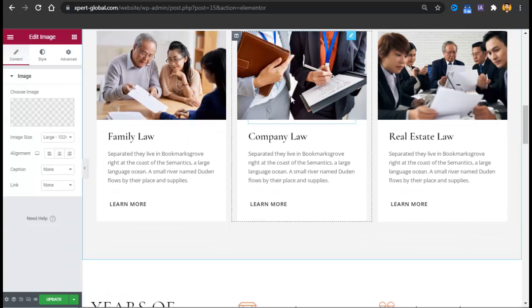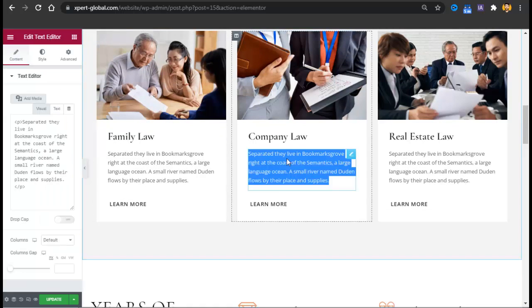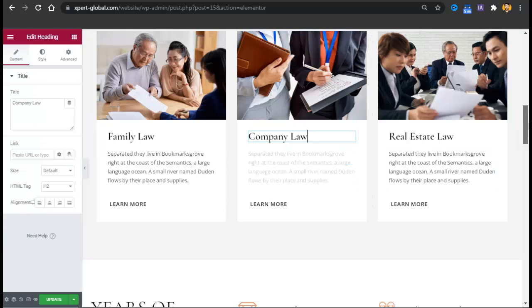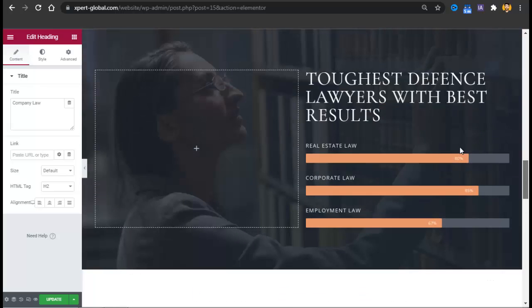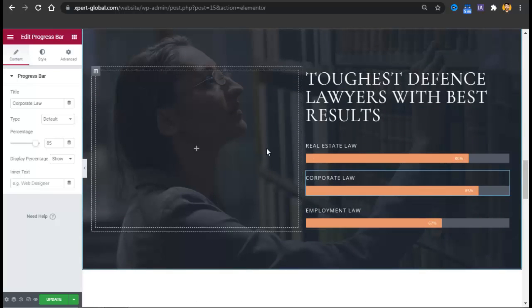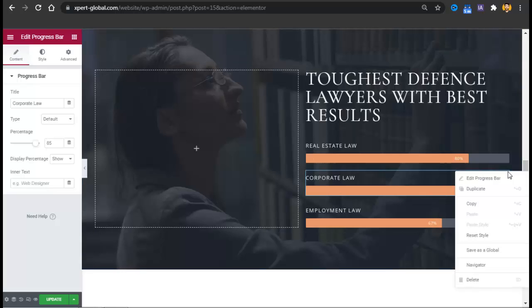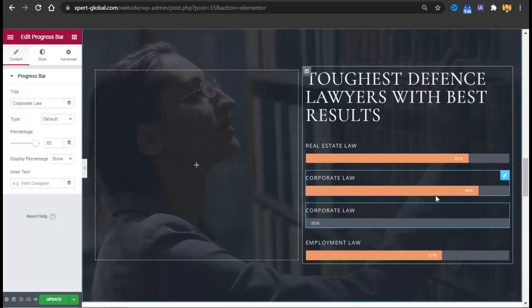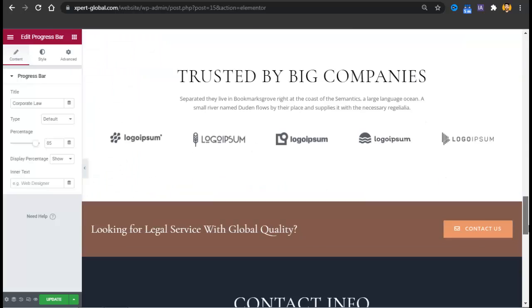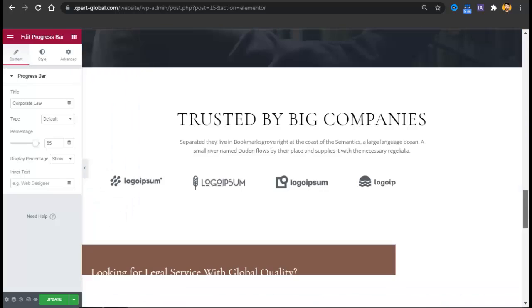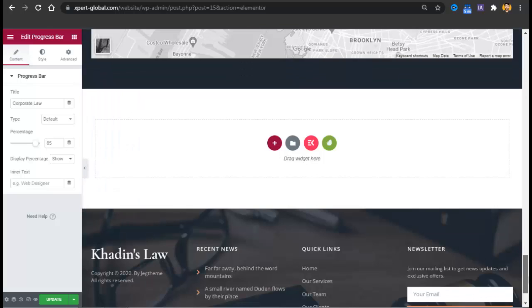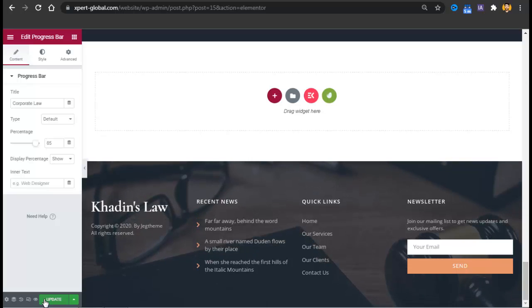To edit it, you can edit the images, the text, and the heading here. Below you can edit the process steps, and to duplicate them you do the same thing: click on duplicate, and it will be duplicated. If you want to increase or decrease the percentage, here you can see the percentage meter, which you can adjust, and that's all. Change the contact information and hit update, and you just have to do the same with the others.